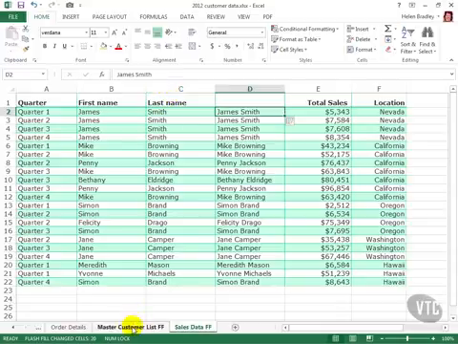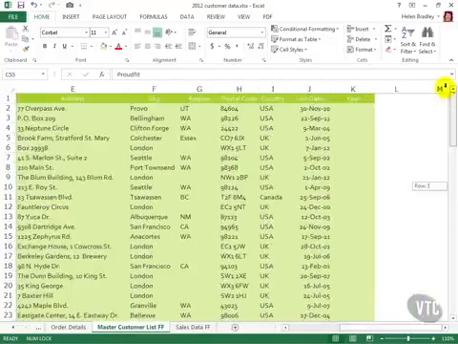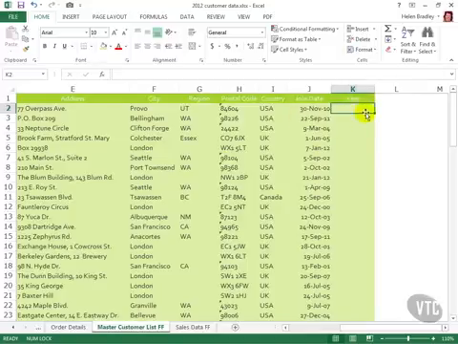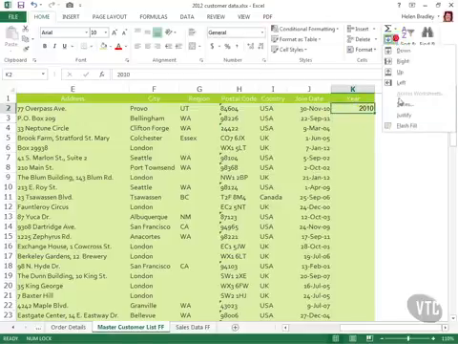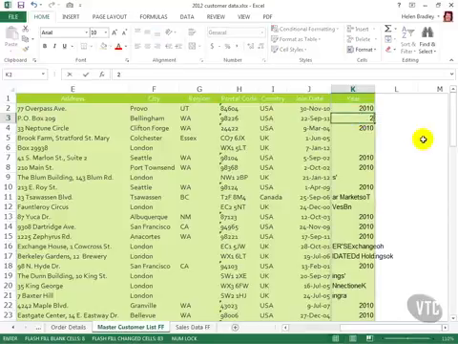Before we finish, let's have a look at a final example, and for this we'll return to our customer list. Here is a column of date data. It's the join date, and here I want to extract the year, so I'm going to start by typing 2010. And then I'll click on that cell and flash fill it. And unfortunately, Excel hasn't done a particularly good job of recognizing the data, so I'm going to go ahead and just start typing in the correct information,